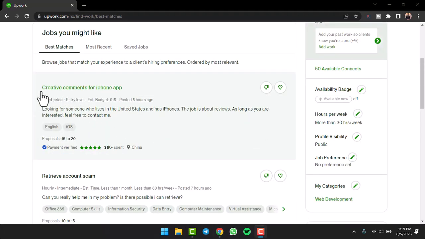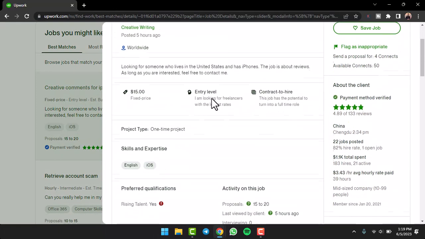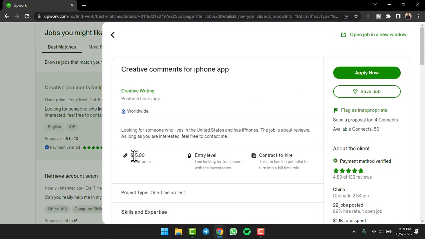So let's say you really like this job and you are fit for this job, so you want to apply for it. So what you'll have to do is simply tap on this job right over here and then you can see the details over here. So the fixed price is $15. It is an entry level job and you'll have to contract to hire. So simply tap on the option apply now,